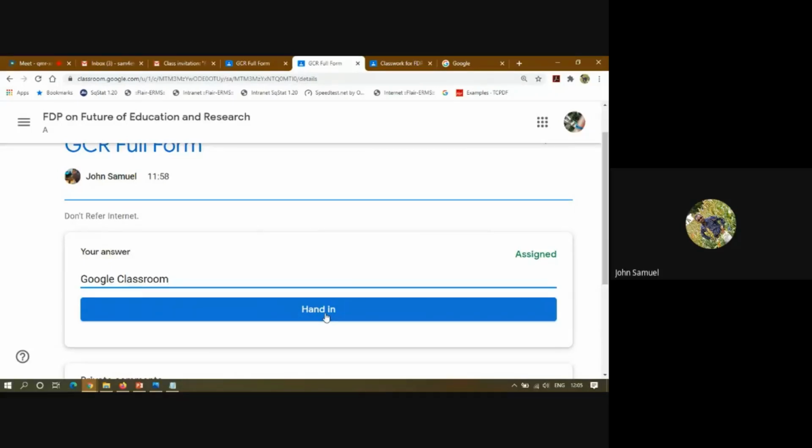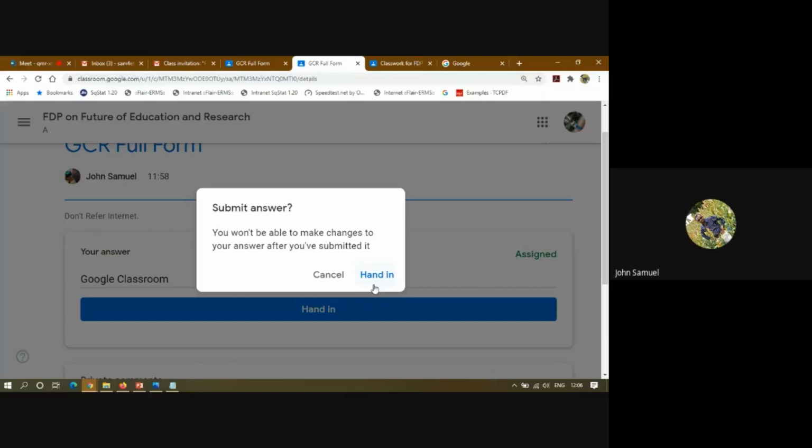And the main thing is, see, that instruction will be in this above part. The important thing is that you should hand in. Sometimes turn in will be displayed, or hand in will be displayed. So you just click this hand in button. You have to request your students to answer it and to click the hand in button. This is the very important thing. Only after clicking the hand in button, it will be submitted to the teacher. So I am clicking it.